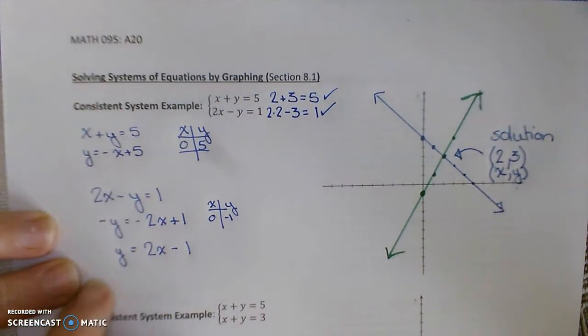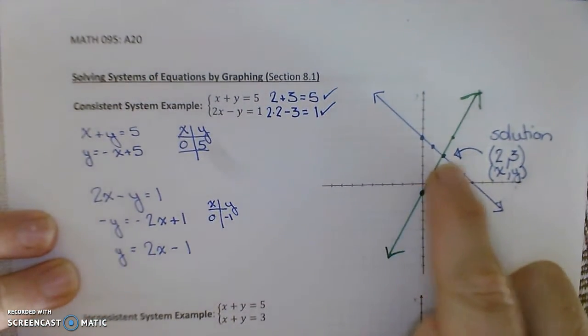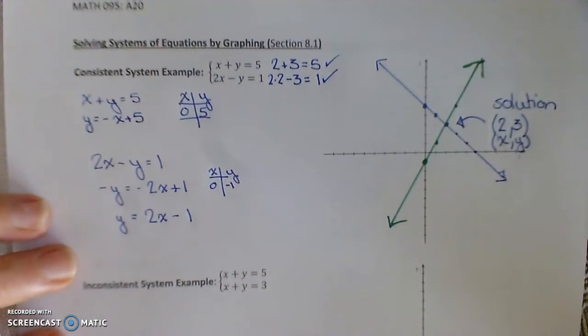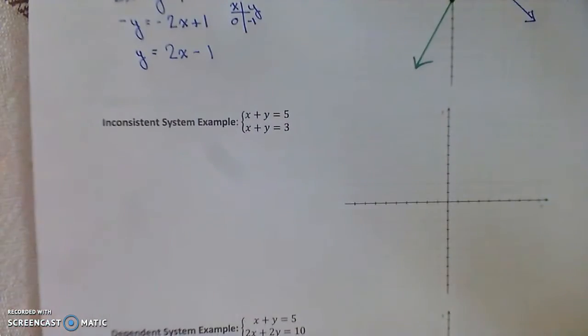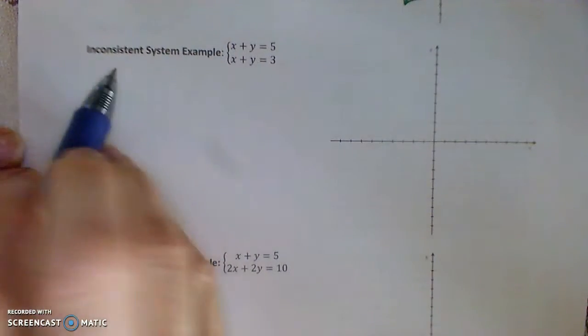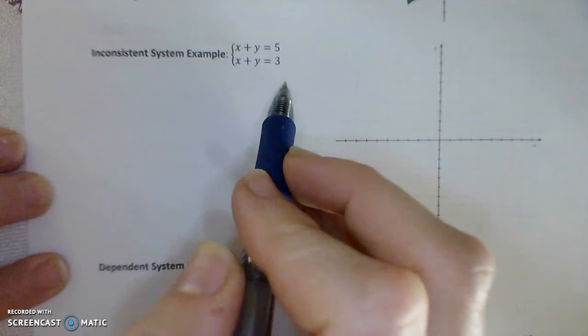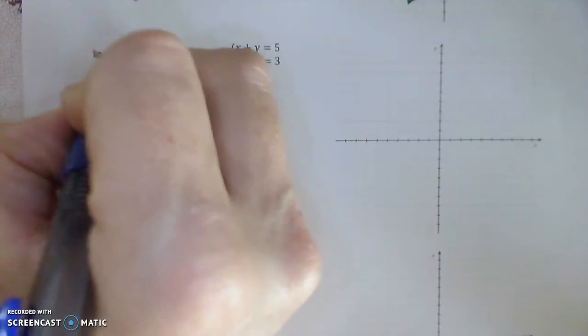Now we know a solution to a system of equations graphically is represented by the intersection point of the two lines. So let's look at a case that gives us a strange graph. Let's look at x plus y equals 5 and x plus y equals 3. So if I were to graph these,